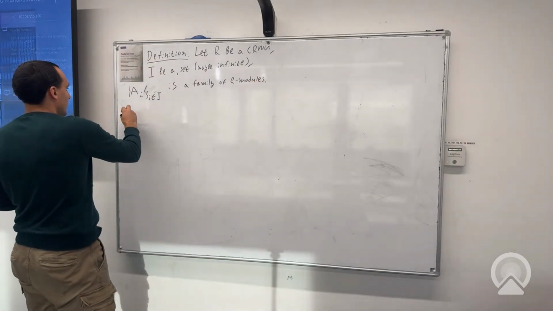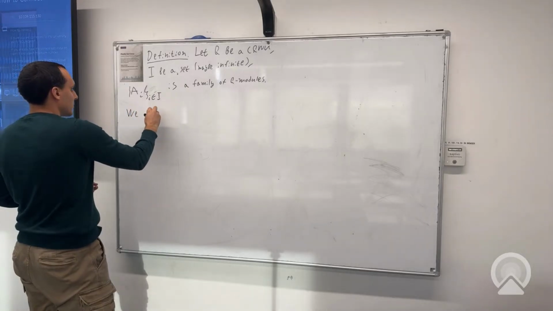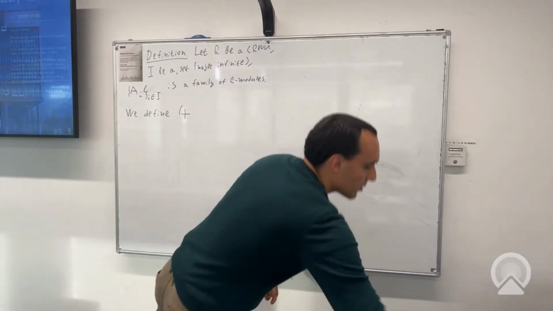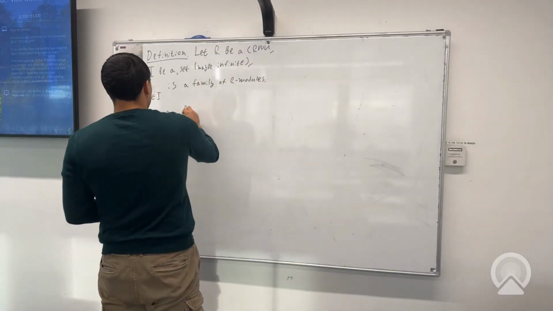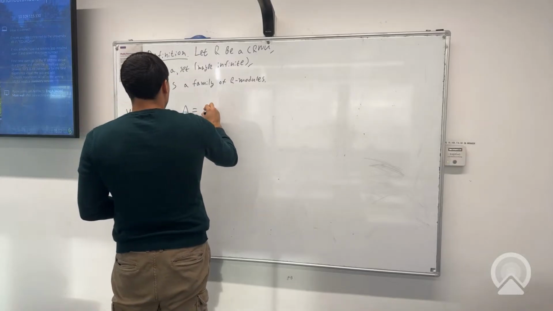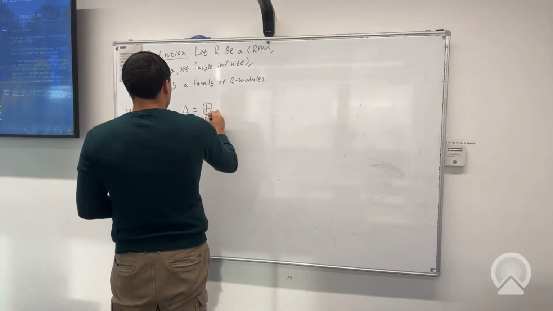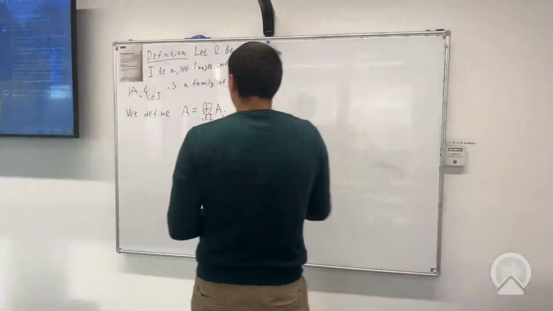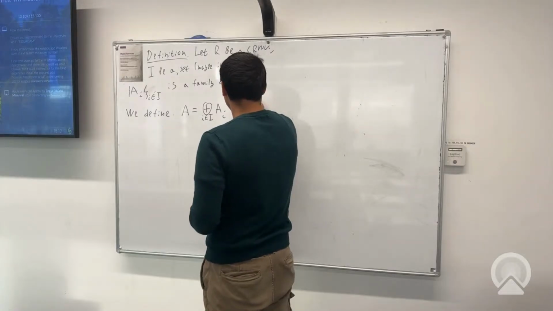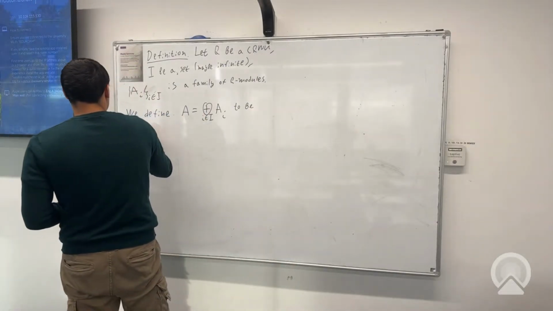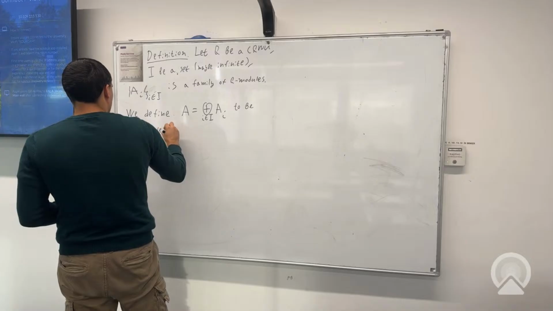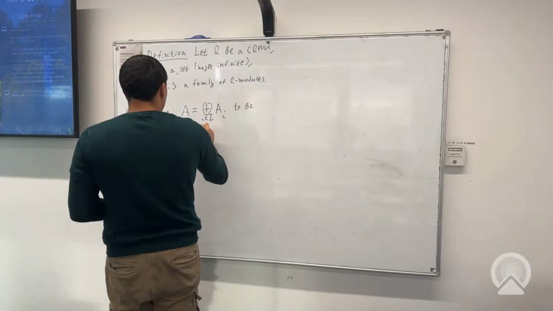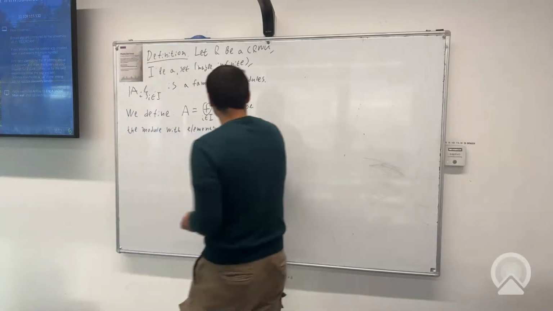And we define the direct sum of these modules A_i, i in I, to be the module with elements,